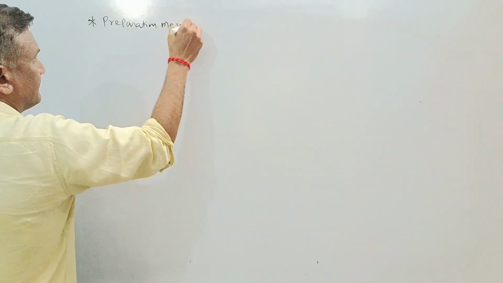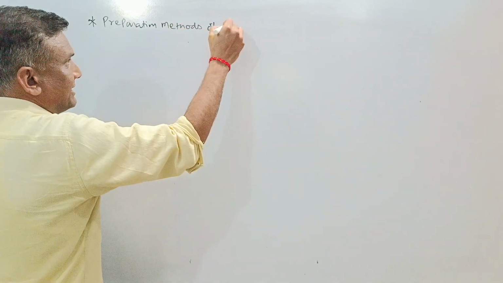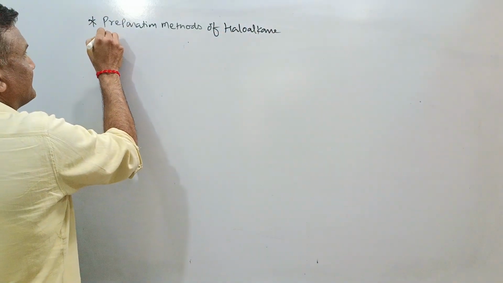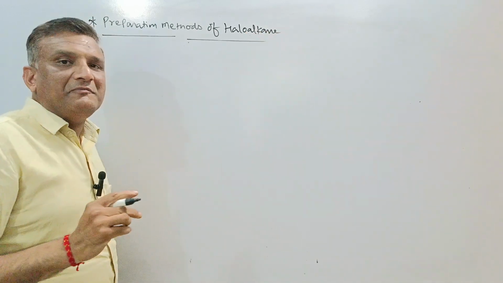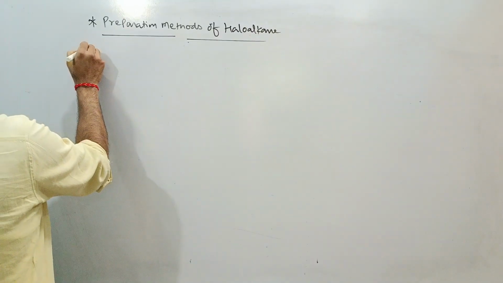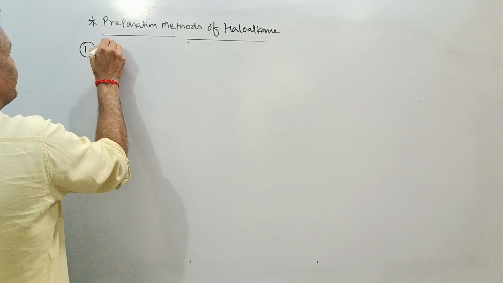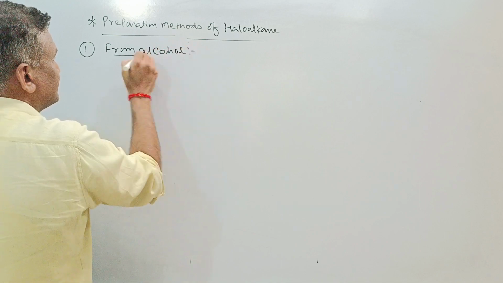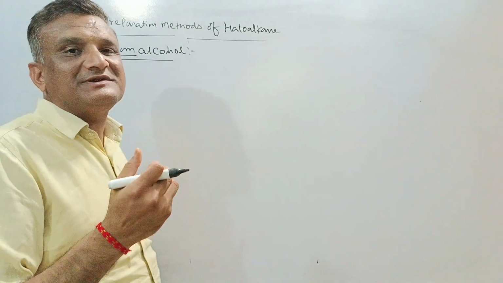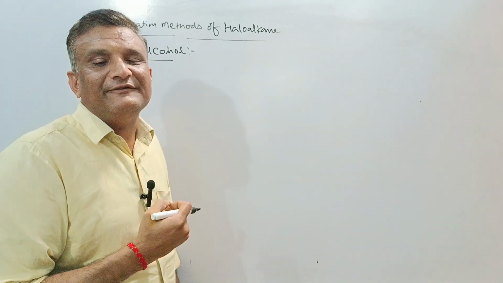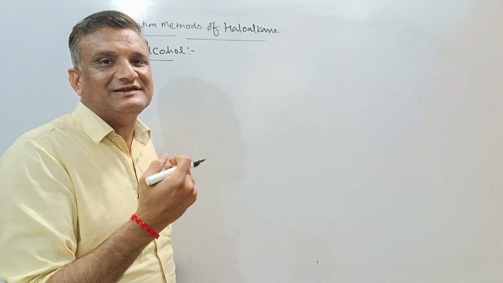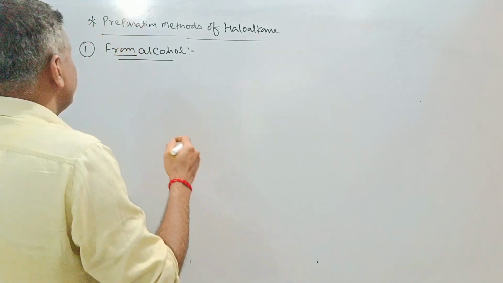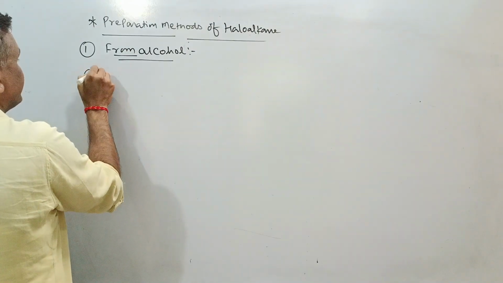Preparation methods of haloalkane. In this series, first of all, we'll go with the preparation from alcohol. How can we get haloalkane from alcohol? By using different kinds of substances such as halogen acid, thionyl chloride, and halides of phosphorus, we can get different kinds of halides from alcohol. So first of all, we'll go with part A, that is by